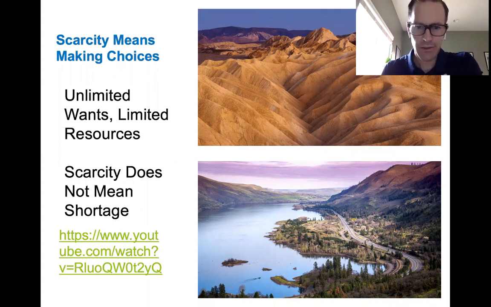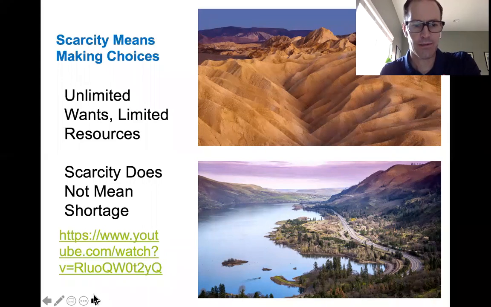But there's two ways to die in the desert. You can die of thirst, or you can die from a flash flood. So it's a very ironic situation. So bear that in mind as we talk about supplies. Okay, so the value of something based on its availability is situational and sometimes very unexpected.